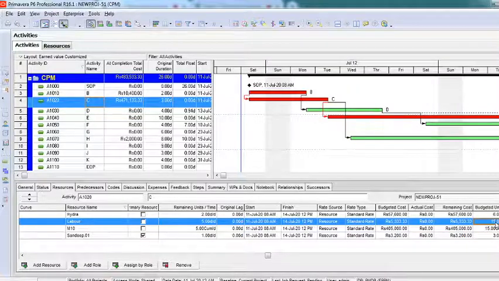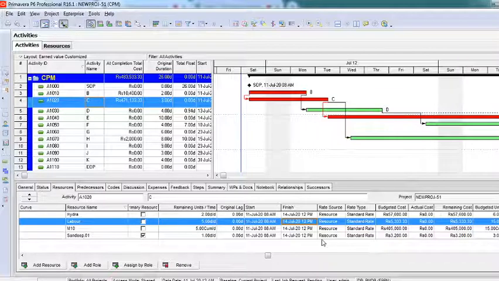It is going to take 5 masons. 5 into 3 is 15 total units, and it is costing you 5,333.3 because of the calendar and all. You know how many hours, when it will start, and when it will finish, because it's finishing at 12 p.m. So that's the reason why the costs are getting changed. We'll not get into that right now. We'll have another class called resource analysis, where we'll do analysis of it. I'm just trying to teach you how to create resources, how to create roles, and how we assign them.